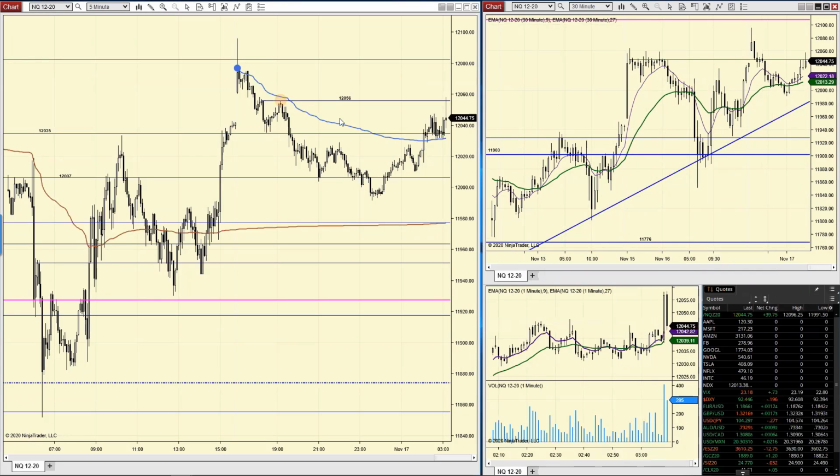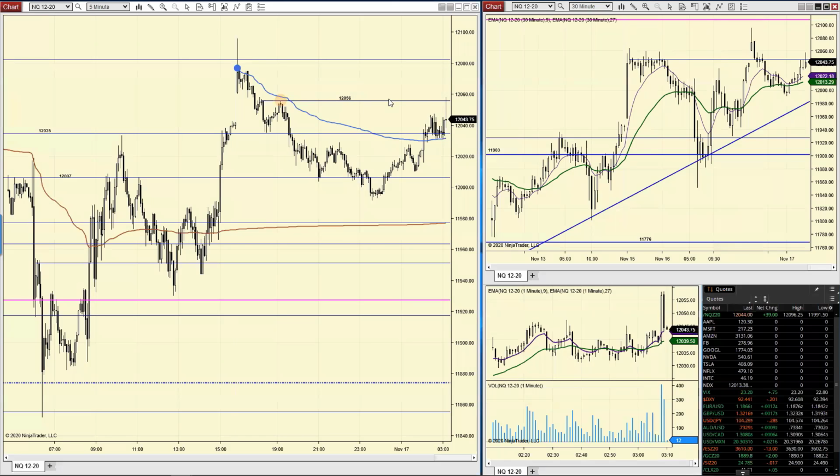You can see we just jumped to 12,056, and look at that little pop in volume. So they goosed some stops just now. I was just pointing out 12,056. They tagged it up here at 58 or 59, and we pulled back a little bit, but we saw that little pop in volume. Some people may have got themselves short, but you can see it's holding above same day VWAP right now.